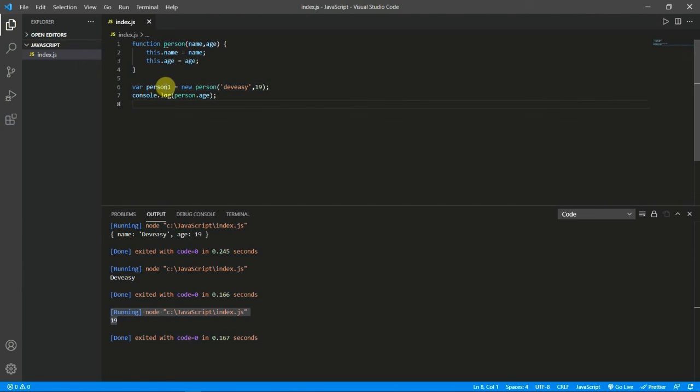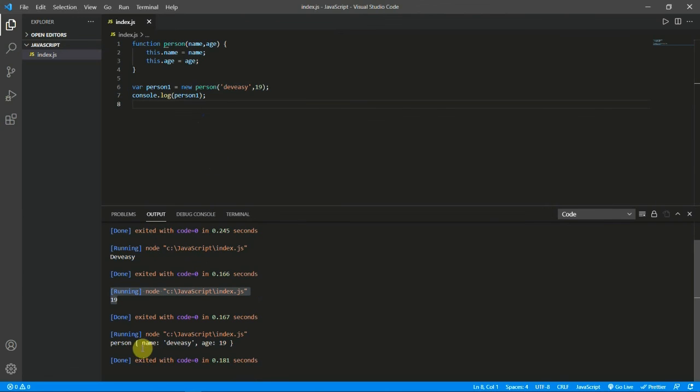Now let's just print the value of person1. I'll run the code. So we got Debussy and the age. This is how you create an object with the same properties.